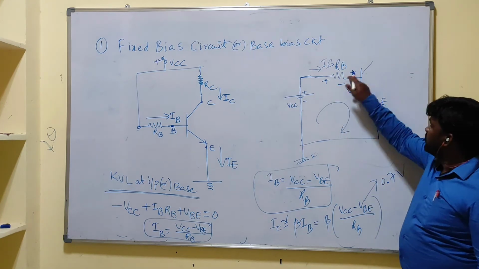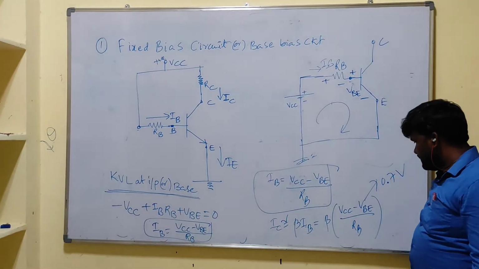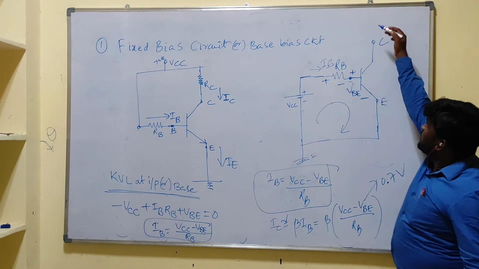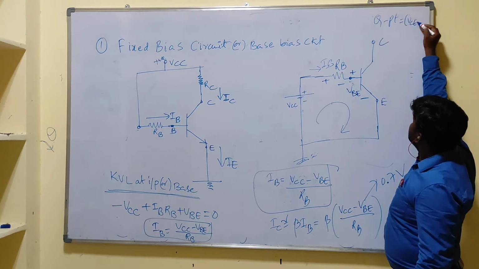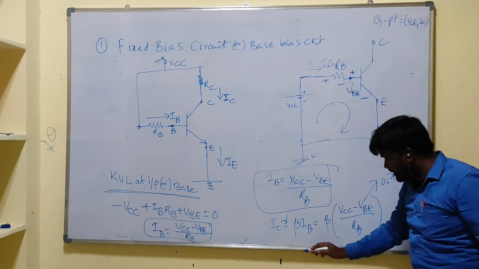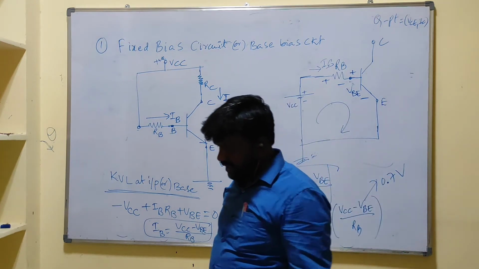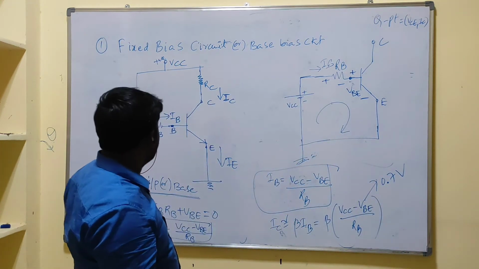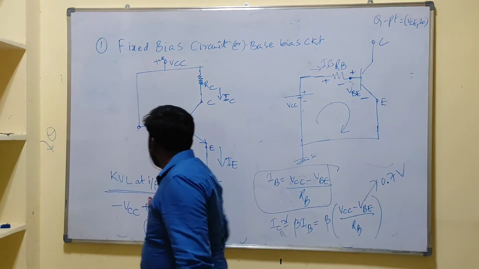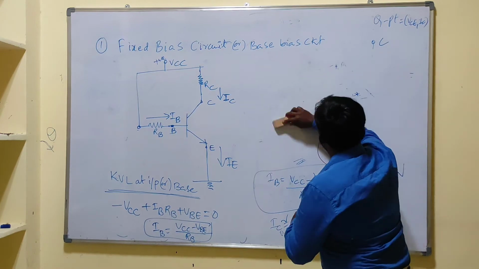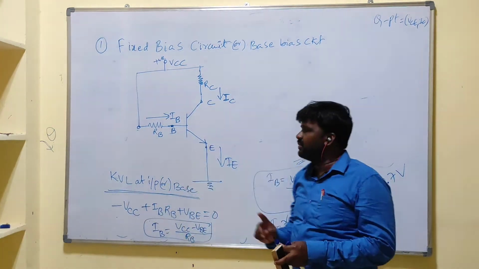Here I considered only this input part. Next, operating point means coordinates of what? VCE versus IC. That is nothing but our ICQ. Next, we need to determine the VCE. How can we determine VCE? For that, again we need to draw the output circuit, meaning the circuit at the collector end only. We didn't require the input end, meaning we didn't require the base side.